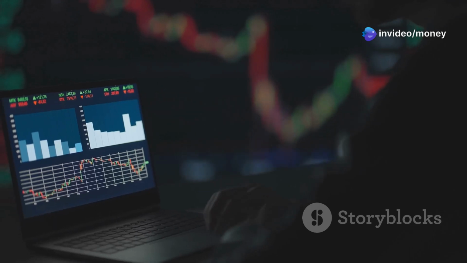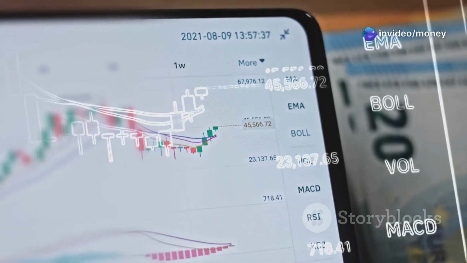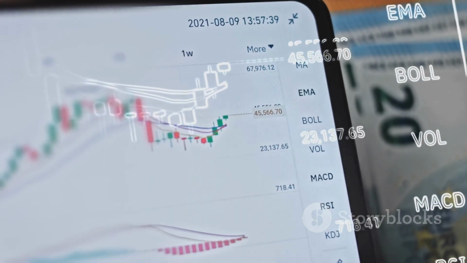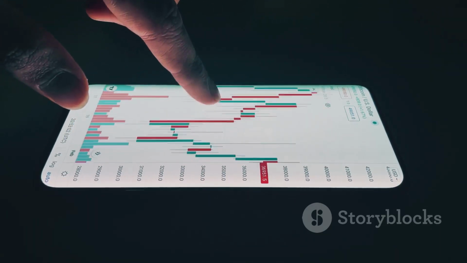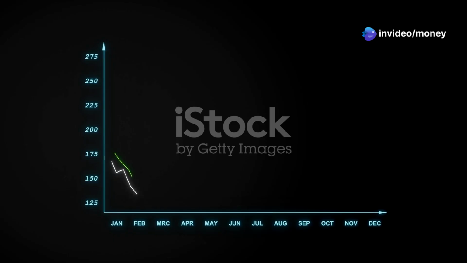One popular combination is using the ADX with moving averages. Moving averages, such as the 20-day or 50-day moving average, help identify the overall trend direction. By pairing this with the ADX, traders can confirm the strength of the trend. For example, if the price is above the 20-day moving average and the ADX is above 25, it suggests a